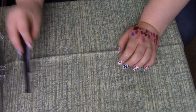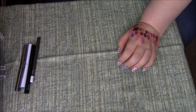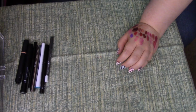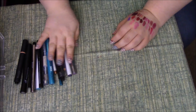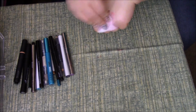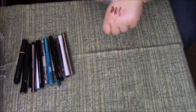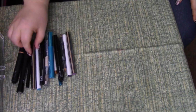Alright, so in the other half on the back, I'm going to just pull everything out. Woo! And those Maybelline 24-hour lipsticks are still on my hand. They're good. I'll just leave them because they're not going to come off. Okay, so